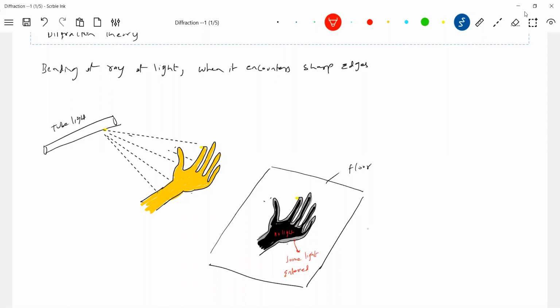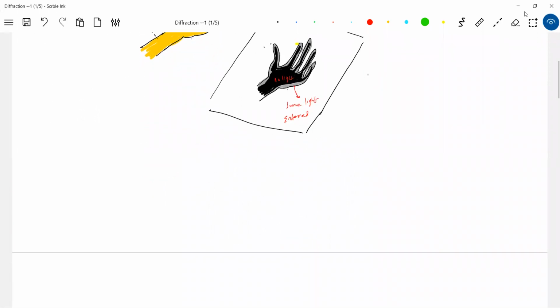So why is there bending of light? When the light passes through this, if you keep your hand, your fingers or pen will appear as a blurred image. Later on, I'll update the images. Now I'll take a photograph with mobile, and you can see that. So that's why this is due to diffraction. Or you stand in sunlight and look at your shadow. The shadow will not be completely dark.